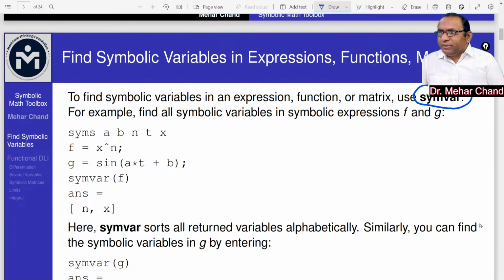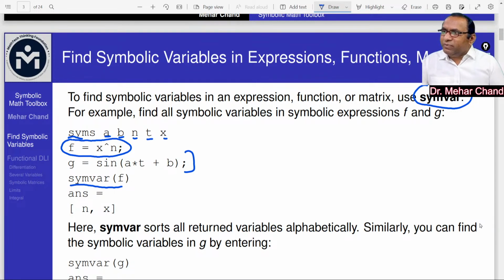Suppose we have variables defined using the syms function, which are a, b, n, t, and x. And here we have two functions. One is f equals x raised to the power n, and the second is g equals sine of a t plus b. So when you enter symvar f, as you can see, the f function has only